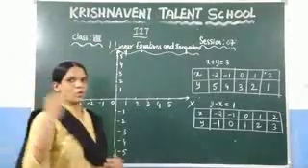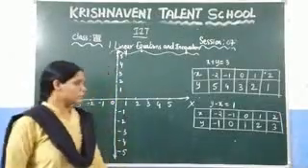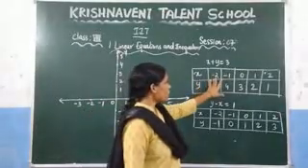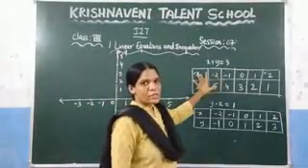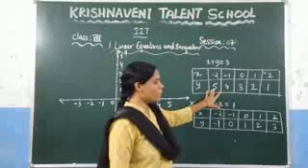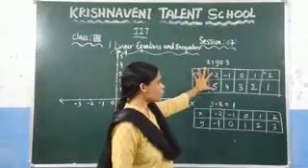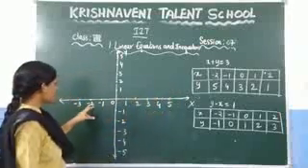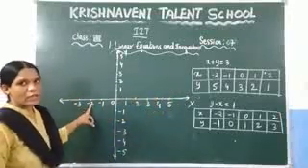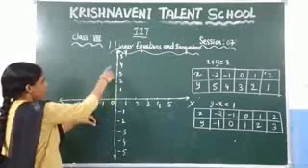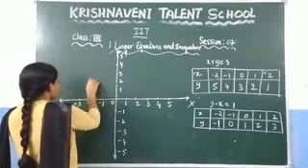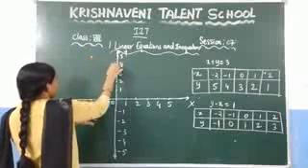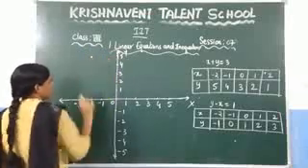Now let us plot these points on a coordinate plane. So here, what is the x value here? -2. If x is -2, what is the value of y? 5. So you need to plot it here, -2, 5. So let us see where is -2. This is -2, and where is 5 on the y-axis? This is 5. So let us take here. This is the point which is -2, 5.